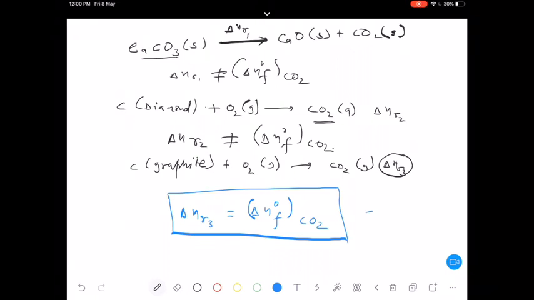And it will not be zero. Why it will not be zero? When we discuss bond dissociation enthalpy and everything, that time we are going to define that. Yes, of course it will never come out to be zero because bond enthalpies will be different. Okay, so here we have defined this standard heat of formation.